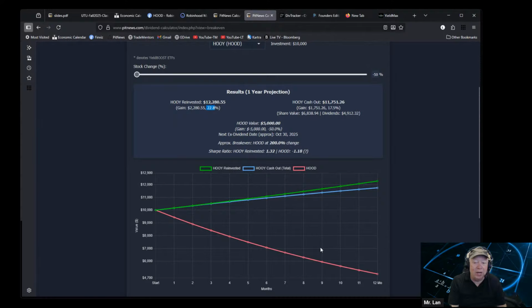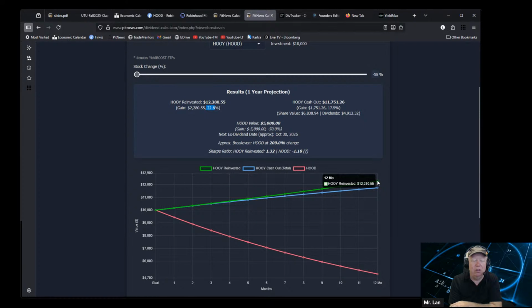I'm not in the red line. I have nothing in the red line right now. I've taken everything out that I had in the red line, and I only have it in the green line and the blue line. Because, well, I'm not taking much out and spending, and I make more money than I need to live. So I haven't been taking any out. I've just been putting it right back in again. So